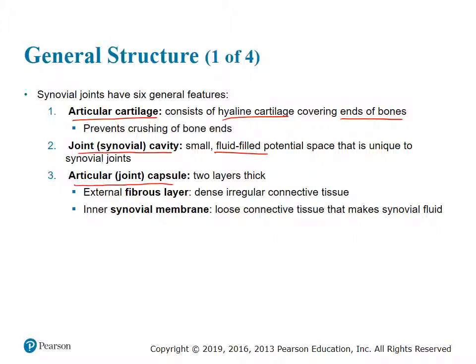Talking about that membrane, if you will, that makes the synovial joint cavity what it is, it's called the articular capsule. And it's got two layers of connective tissue. The external fibrous layer and what we call the synovial membrane. The fibrous layer is dense, irregular connective tissue. So that means the collagen fibers don't run parallel. What I mean by that is